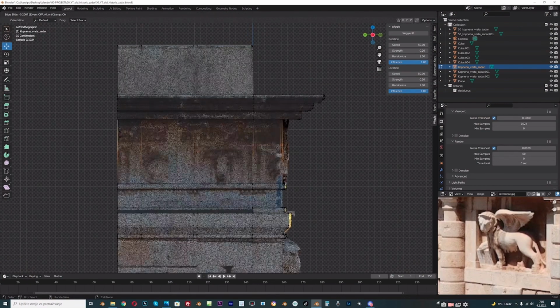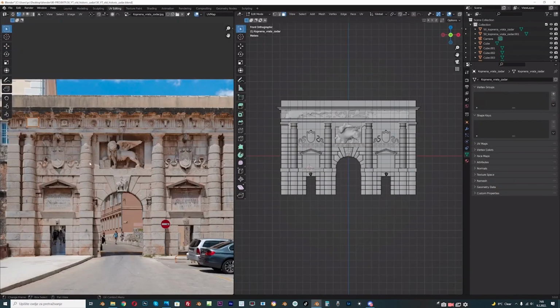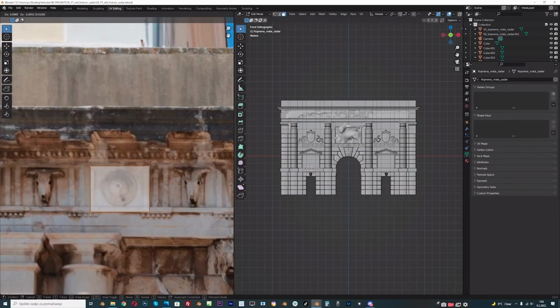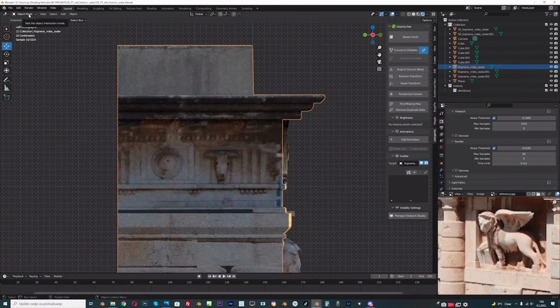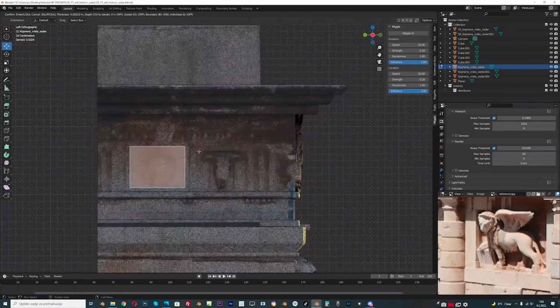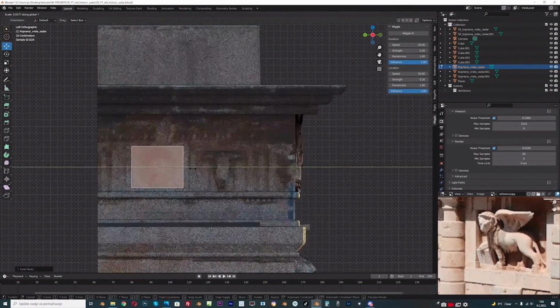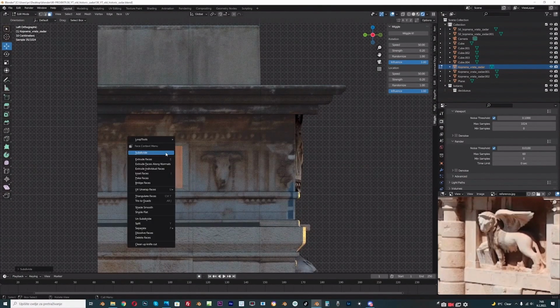And I will add one loop cut here, and this circle I will set in the middle in UV editor. So just go with G, and now we can quickly model this. So I will go with I to insert, and maybe scale on y-axis, and go with subdivide twice. And